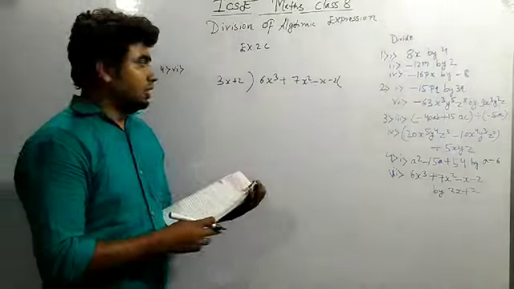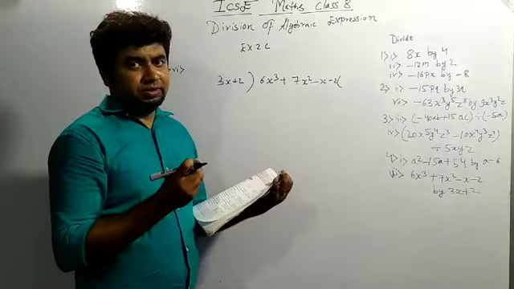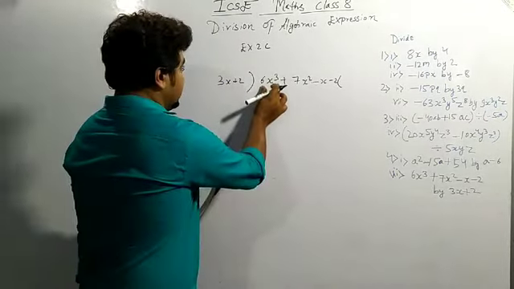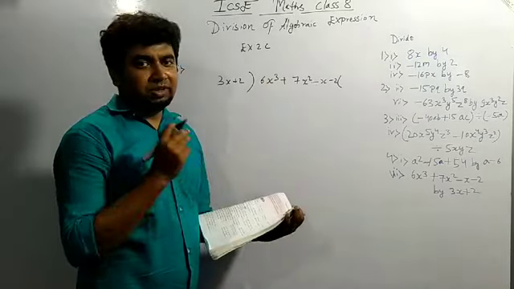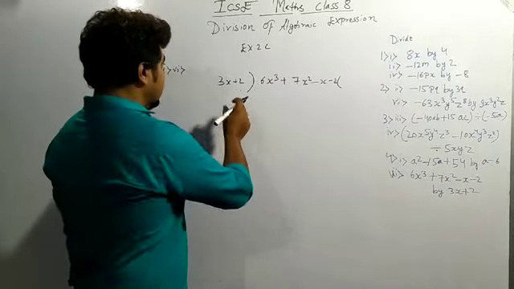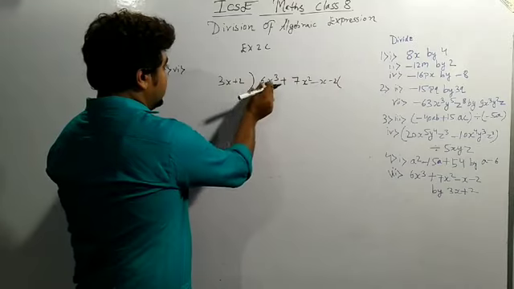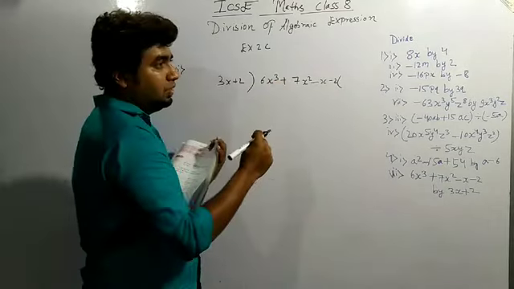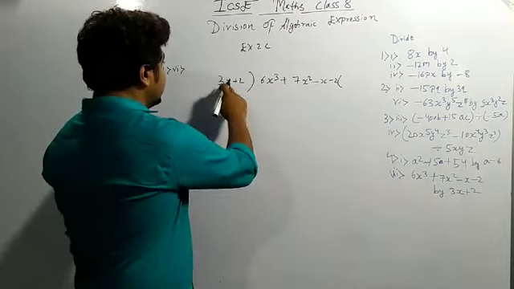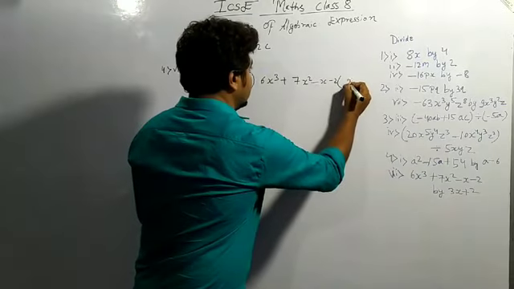Now we have to cancel, as I told in the previous question, the first term. The main requirement is to cancel the first term. What is given to us? x. You have to make x cube, which means it will be multiplied with x square, then it will become x cube.